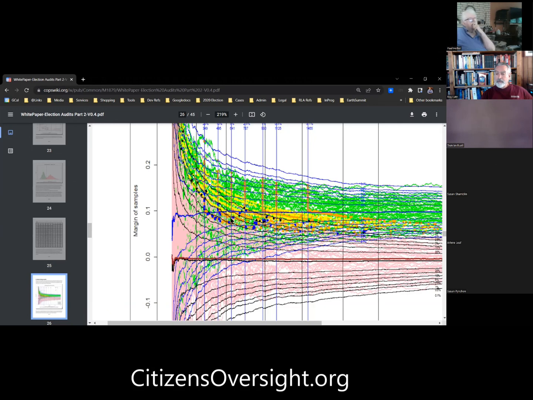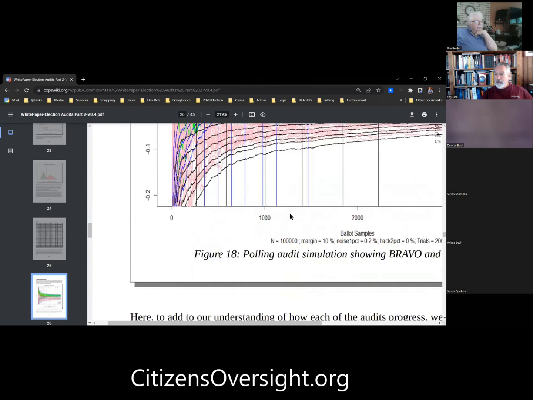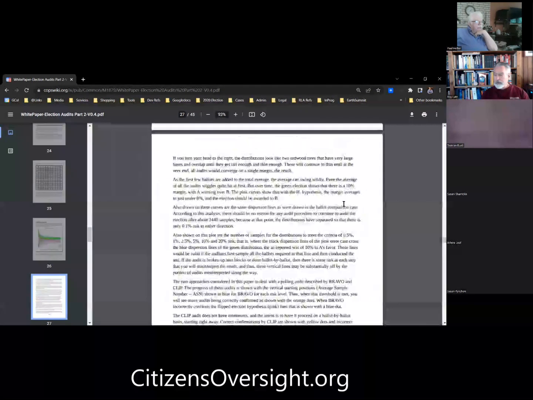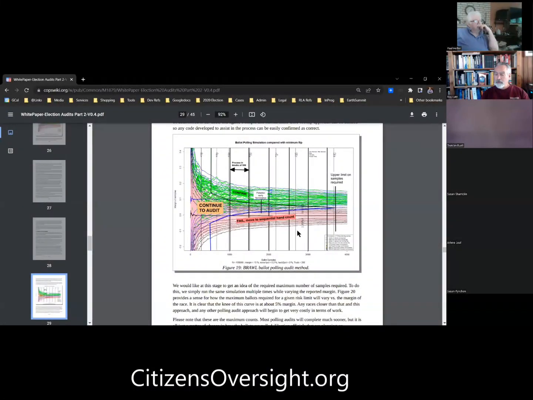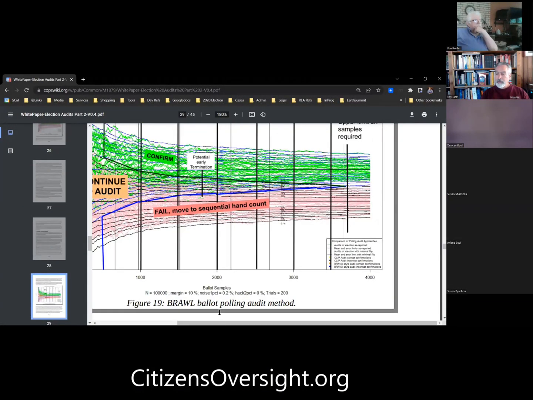When they've actually made a mistake here and said, okay, I'm good, but actually it was a hacked election. So I was evaluating the Brawl method and these other methods to see if they would be better, and indeed we would also wait, and if you're above the midpoint here, you could say, well, if I'm above this, and I'll show you, because in the next picture I have the proposal. So the proposal is that you,